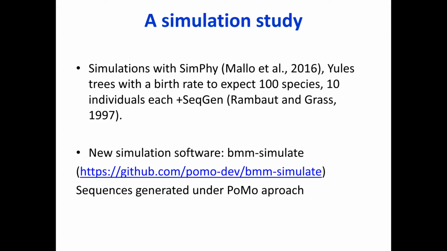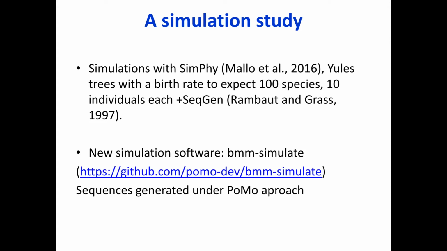So if you think of the multi-species coalescent, if you wanted to do this, this would be a tree with 1,000 tips, so that's quite big. Once we had the trees, we used them to generate sequences. So I said we try to use SimPhy, or we also used other